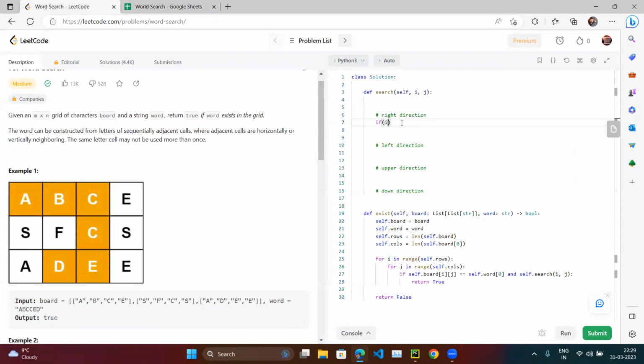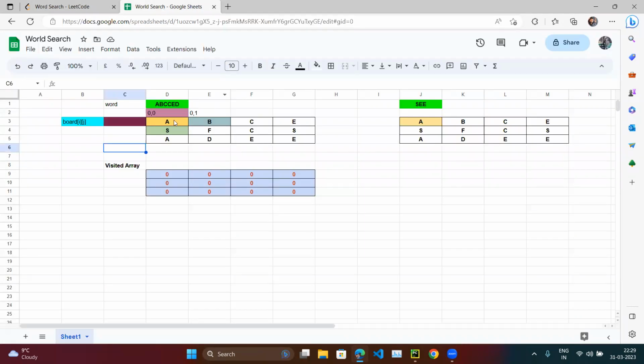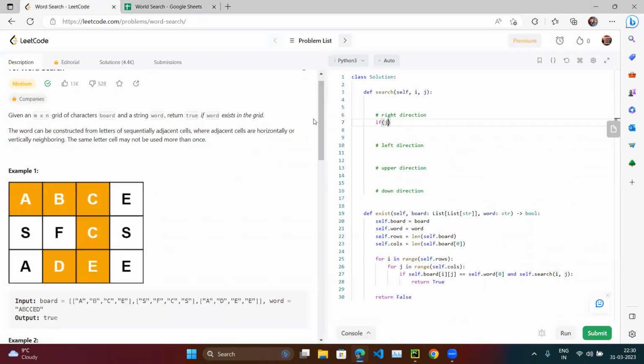So I is for the rows and J is for the columns. Okay, so we are in the right direction. For the right direction, we have to check J. So if J is less than self.cols minus one. All right, so if it is less than the column, right,